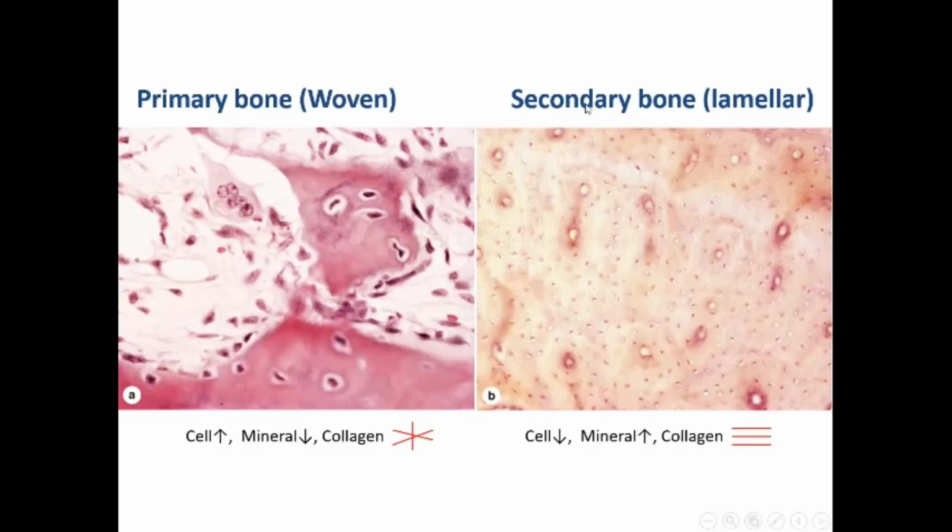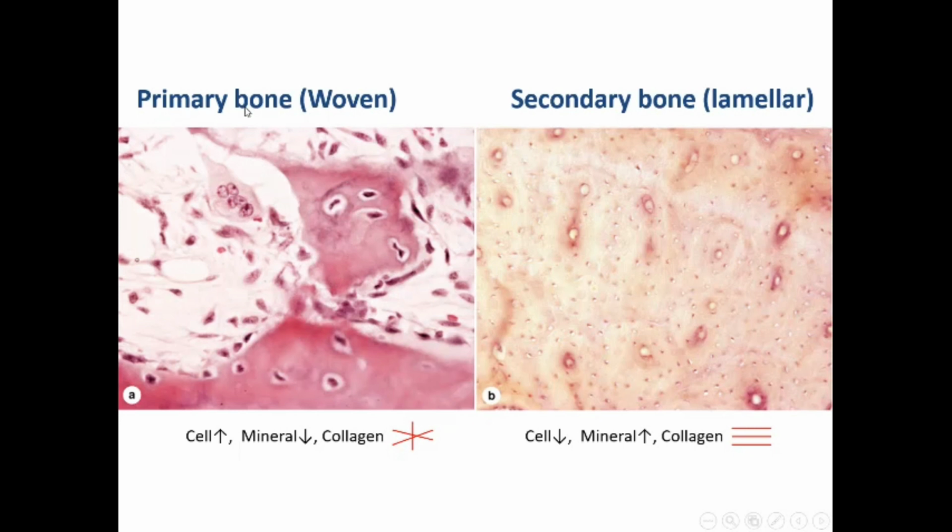In addition to lamellar bone, we said we have primary bone. Actually, the primary bone is the first bone produced during development and also during bone repair. It's the first bone the osteoblast produces at the site of, for example, a fracture. Then this bone is removed by osteoclast and new bone is produced at the site of primary bone, converted to the secondary bone or lamellar bone by osteoblast. So the primary bone or woven bone is a temporary bone,